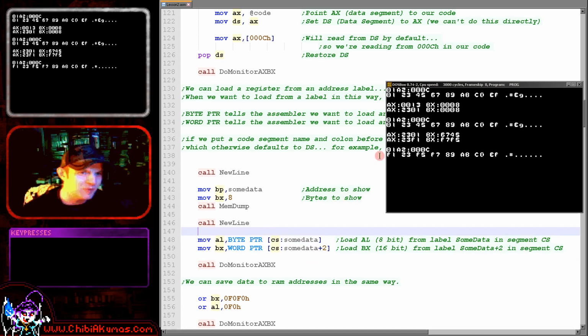So what have we actually done? Well, we're loading in our AL, which is the low part here, and we've loaded it in from the address some data, and of course that's just here. So we've loaded in 01 into here, and then in the next example we've loaded the 16-bit pair BX from some data plus 2. Well, here's the new value of BX, and you can see this is offset 0, 1, 2,